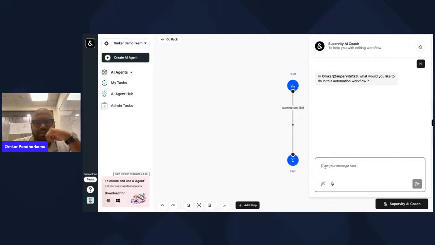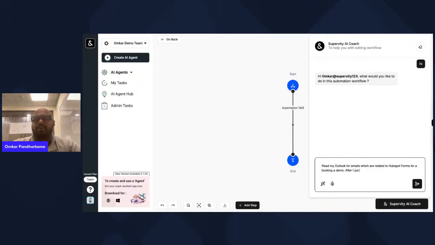So for example, I will type in very simple English: check or read my Outlook for emails which are related to HubSpot forms for booking a demo.